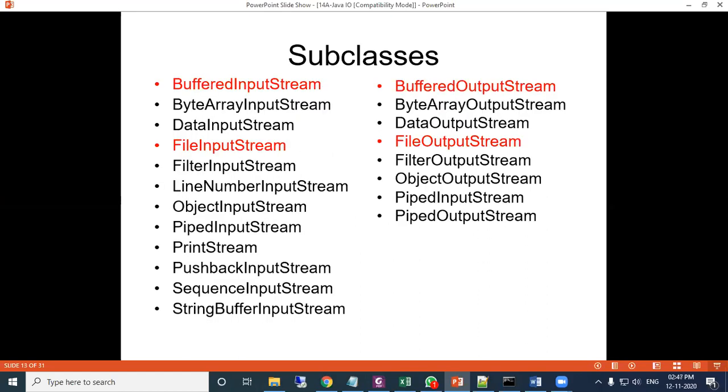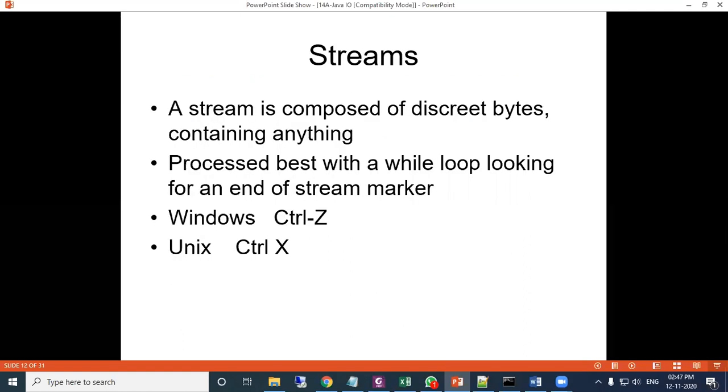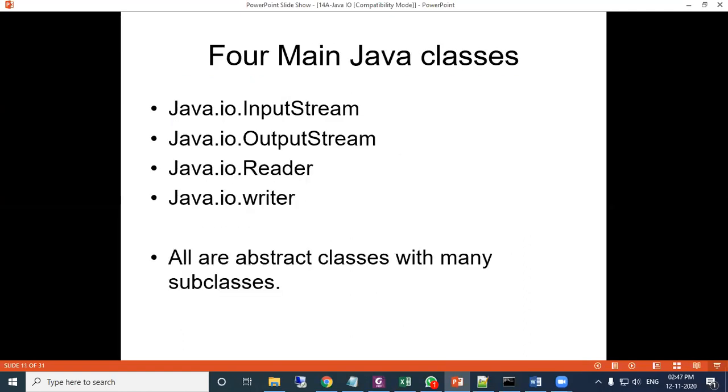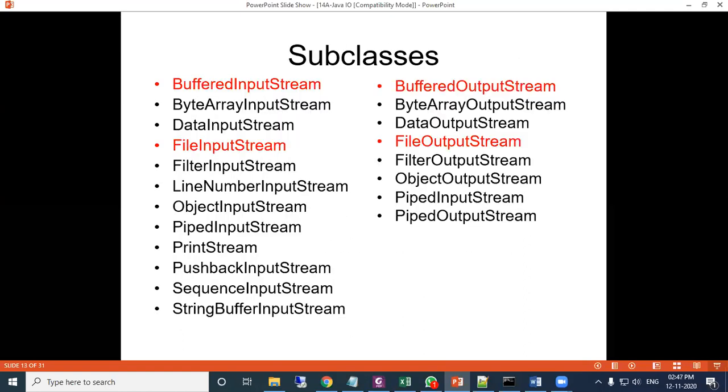So these are the subclasses of the Java IO classes. The different IO classes which we have seen here, 4 IO classes, and these are the subclasses. See here the red marked subclasses which we will discuss in this subject.